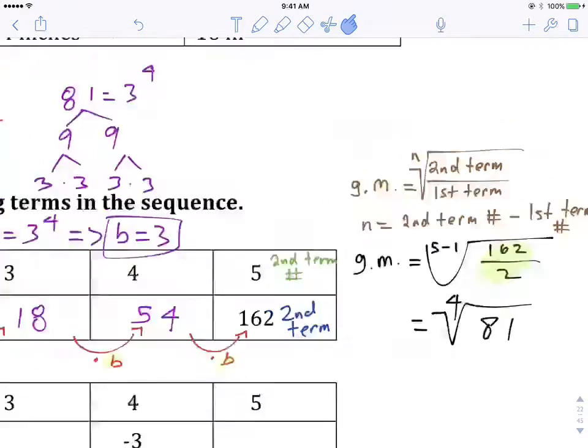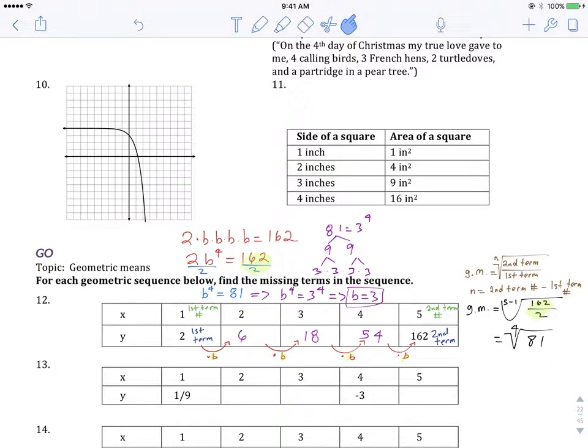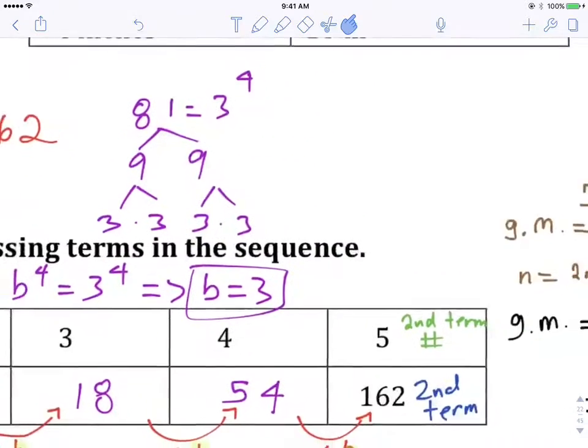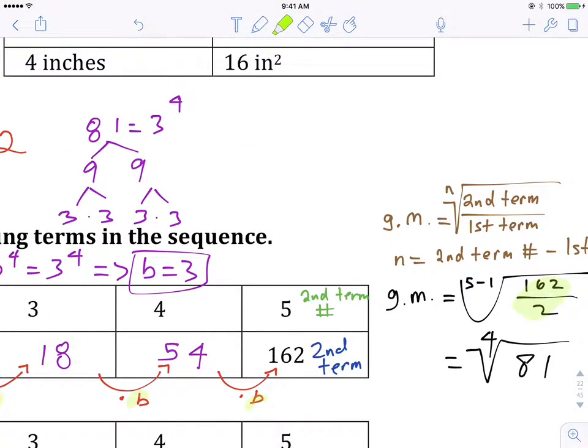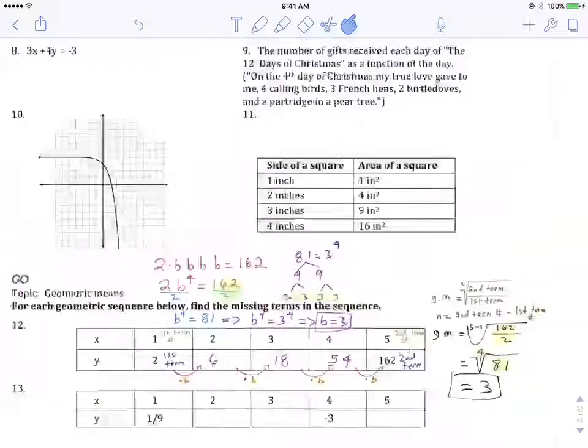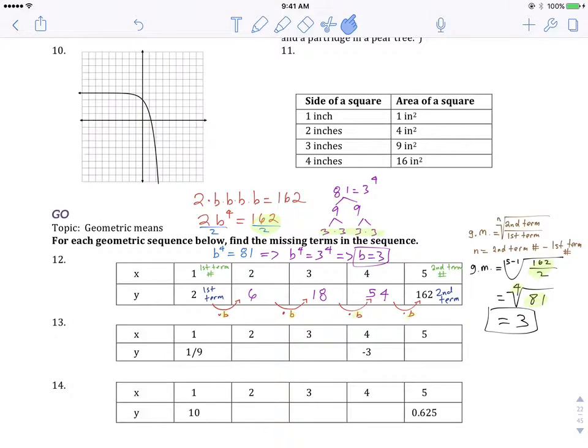Now what does that mean? Well, the fourth root means what number do you multiply by 4 times to get 81? And that number here, check it out, that number was 3. 3 times 3 times 3 times 3, 81. So the fourth root of 81 equals 3, since 3 times 3 times 3 times 3 is 81. And that was your multiplier, which is what we found.